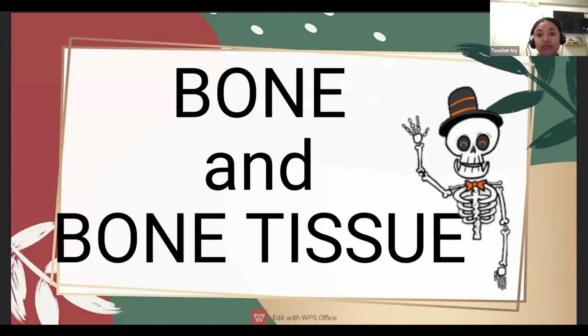Since it was announced in our WhatsApp that there would be an upcoming exam at the end of this March, today we're going to continue with our discussion about the types of bones. You should be familiarized with the different kinds of bone and where these kinds of bones belong. We're going to discuss that one by one so that by the end of March,